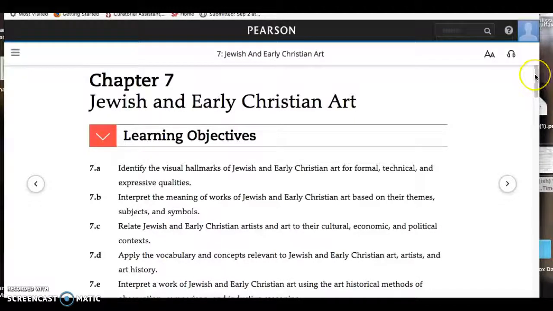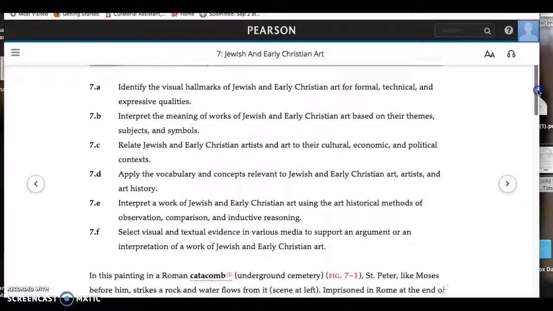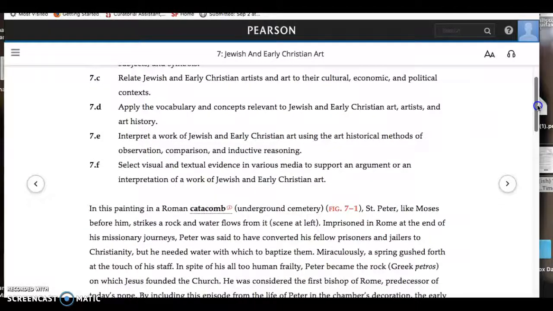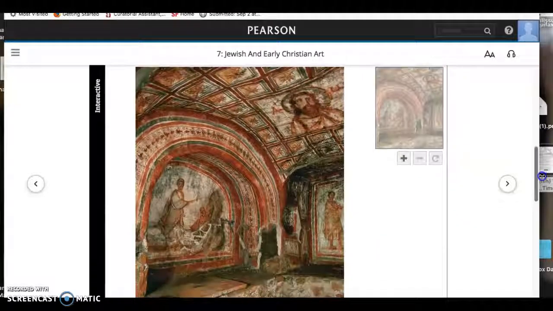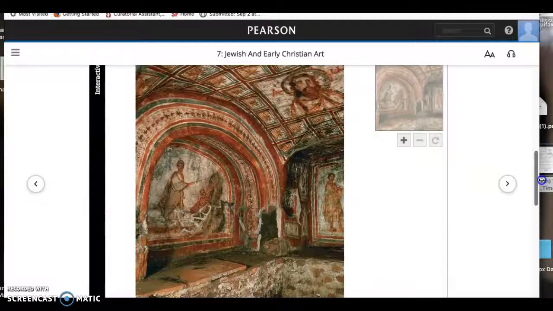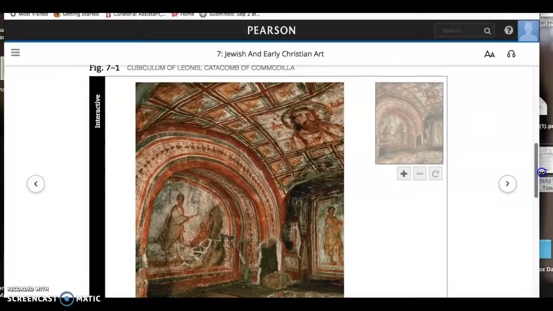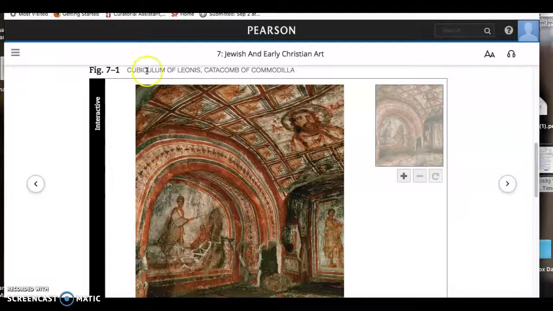So this chapter, chapter 7, is where we go into Jewish and early Christian art. Every chapter is going to start with a set of learning objectives, and then it's going to present to you a single artwork as a sort of window into the world of the chapter. In this case, the single artwork is a cubiculum, a room in a catacomb, an underground burial place of a